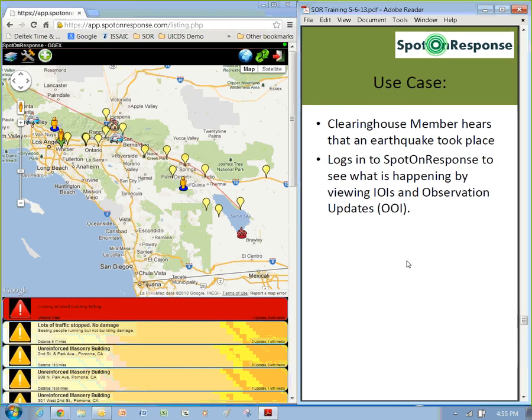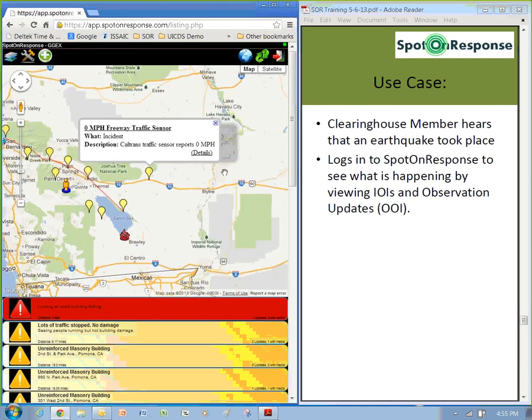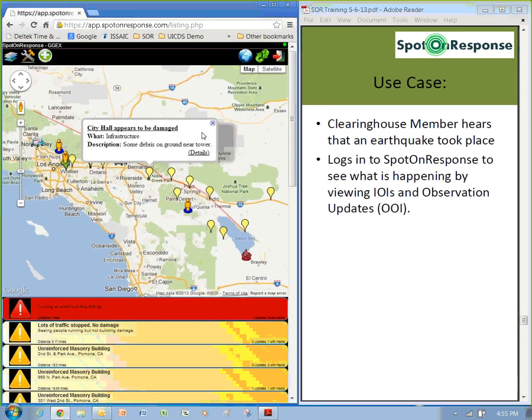You hear that an earthquake took place. Well, heck, I ought to be logging on to SpotOnResponse, seeing this scene and saying, well, as somebody just said, I'm in Northern California or Southern California. Well, let me see what's happening. I'm able to discover that Anne's headed out to the scene, and that we've got traffic sensors stopped over there, and some other traffic sensors stopped over there, and City Hall appears to be damaged. I, from a distance, am able to gather up